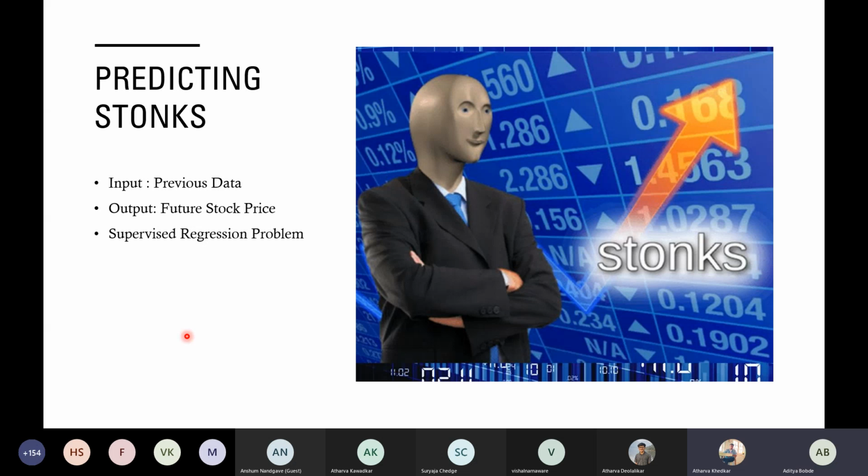There might be numbers in fractions like 24.8899. The stock may range from $200.55 or $300, $302. So it is a continuous output. Yes, correctly, absolutely, Tusha. It is a continuous output. That's why it's called a regression problem. Okay, so now I hope you are able to differentiate between regression and classification. Simply note: regression means continuous values and classification means discrete values, yes or no. Okay, have a copy and pen.